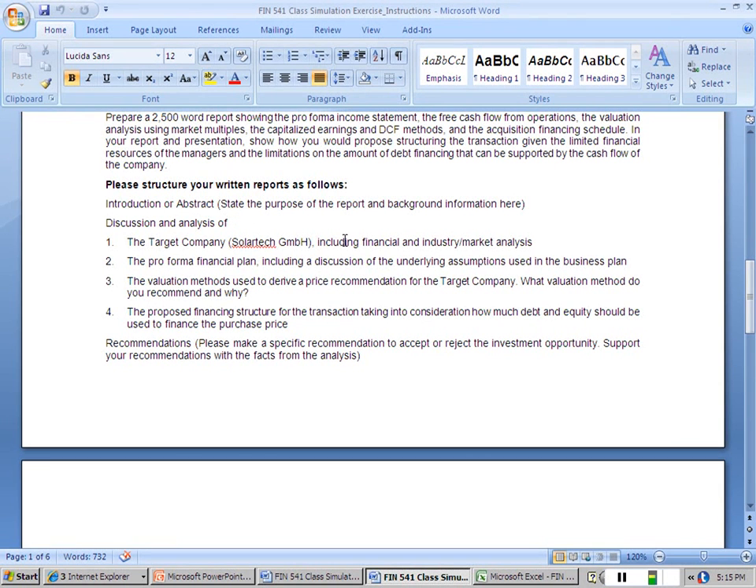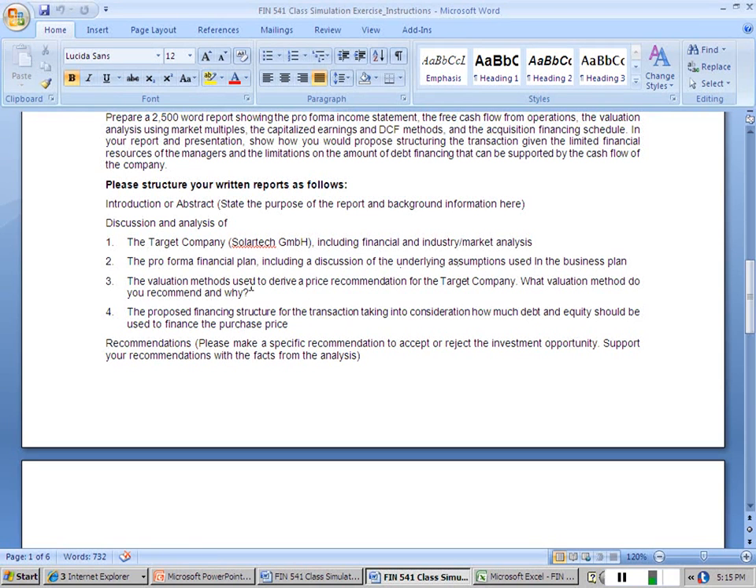Part one is the discussion of the target company in the industry. By the way, I see right here that there's an error. The company is Solar Tech Inc., not GmbH. This was taken from my European class, so I excuse that. That is part one. Part two is putting together a pro forma financial plan, discussing the underlying assumptions